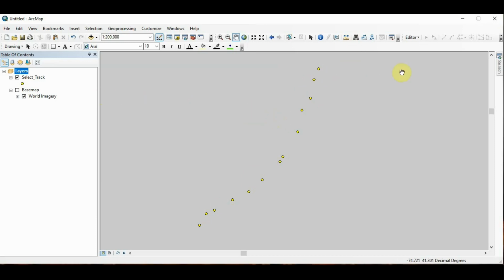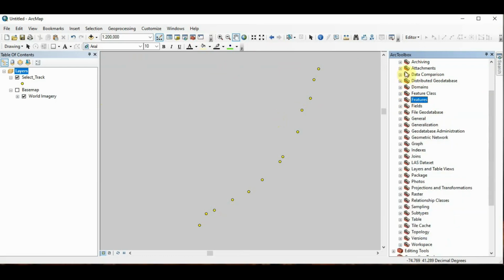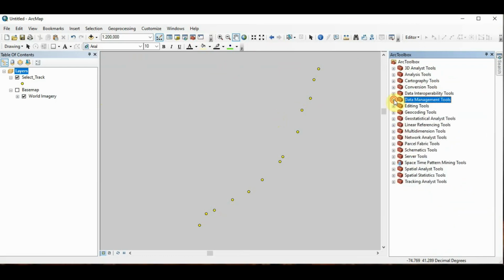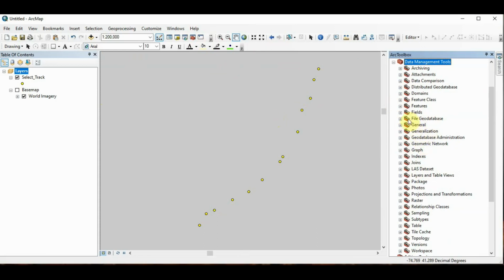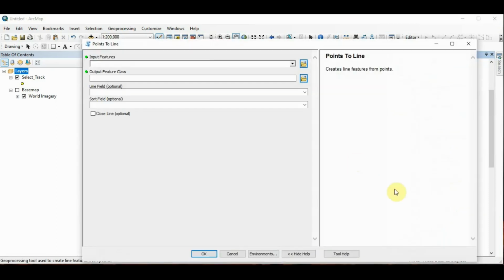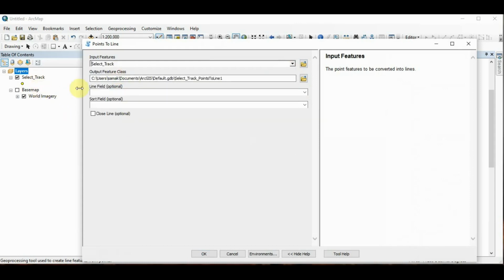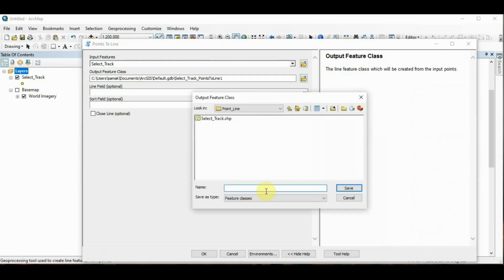What we would normally do would go to our toolbox under data management and the features, and then points to line, and we would select the feature that we want to convert, the input feature. So in our case here it will be the selected tract, and it will ask us where we want to save these. So we're going to call these lines,